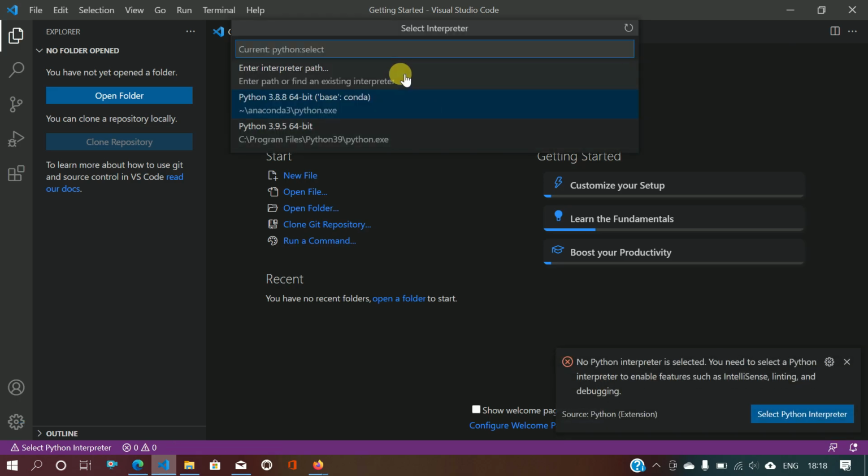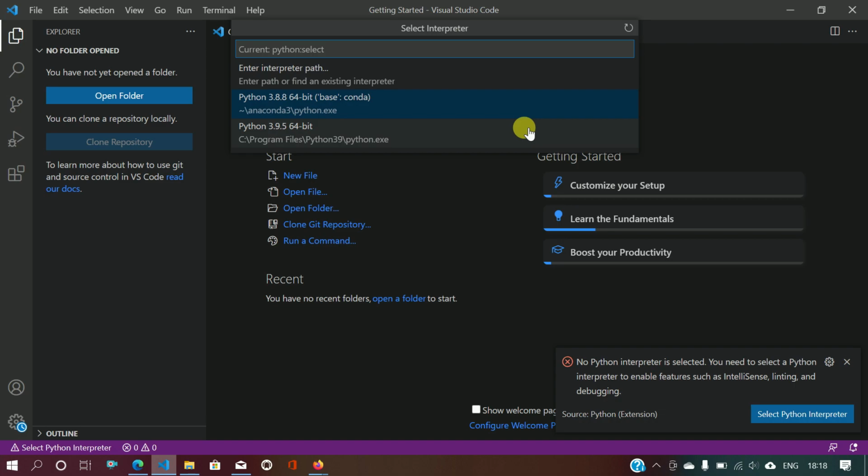So now we can see there are two Python interpreters in our VS Code. One is Python 3.9 and one is 3.8, and the 3.8 version is the base Anaconda version. So we have successfully integrated our Anaconda with Visual Studio Code.